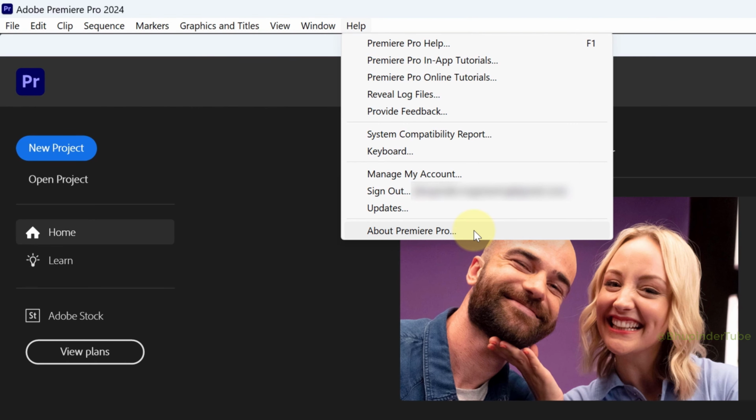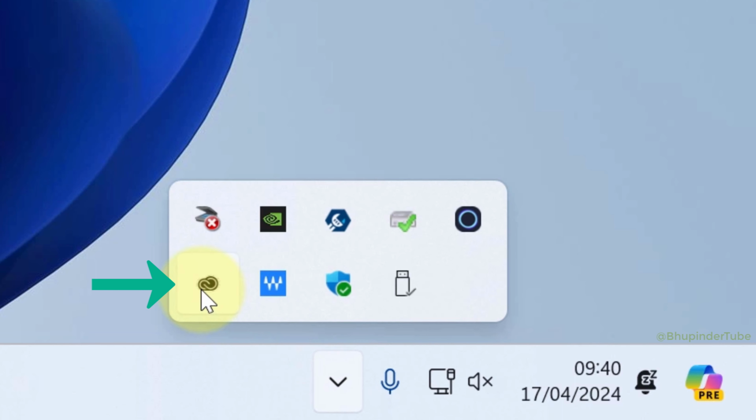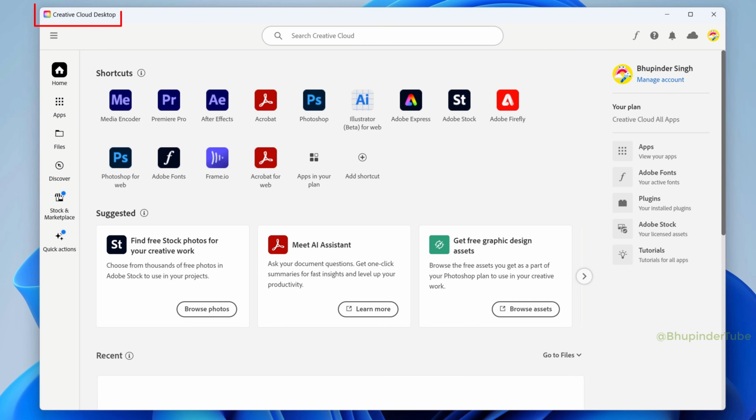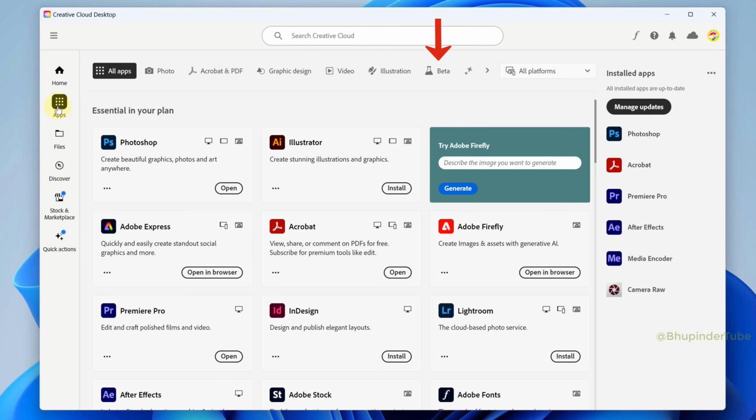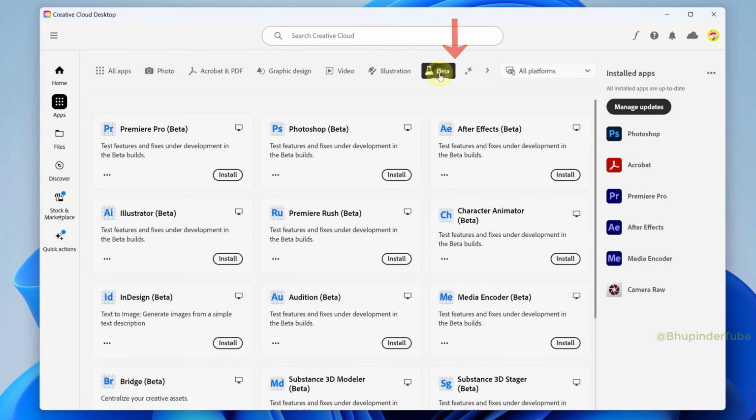So in order to install the beta version, click on your taskbar tray to expand it and then find this icon. Click on it to open it. It basically opens Creative Cloud Desktop, and now select Apps, and at the top you could see a tab called Beta. Select it, and in order to install Premiere Pro beta version, find Premiere Pro in here and then click